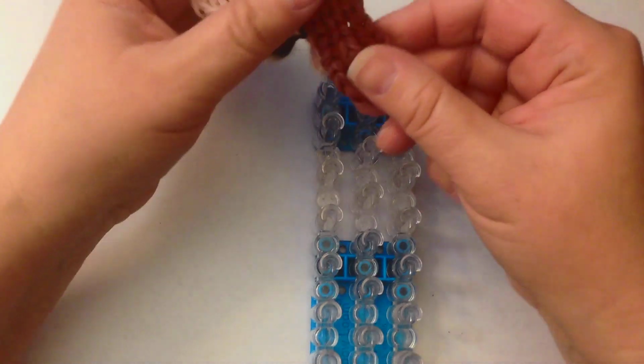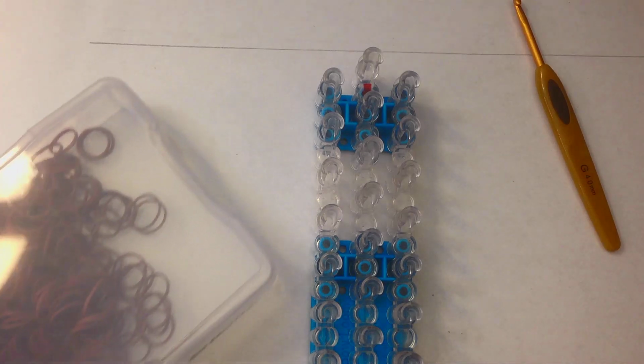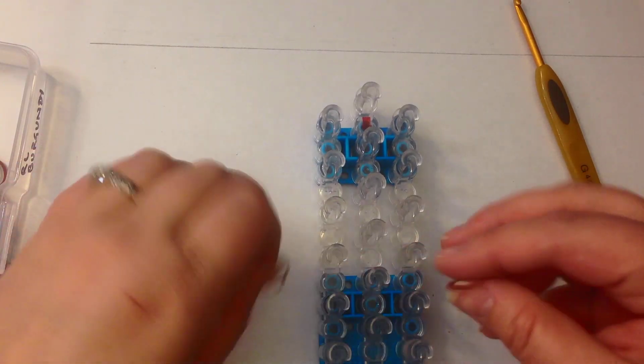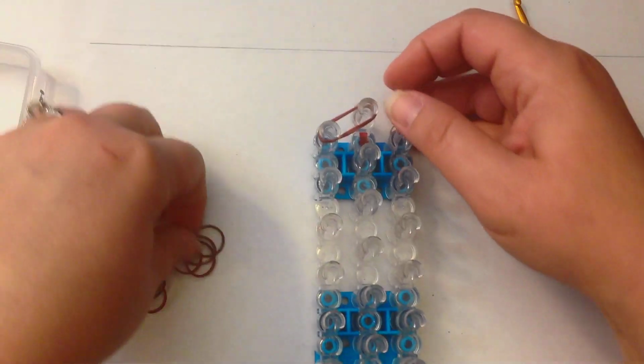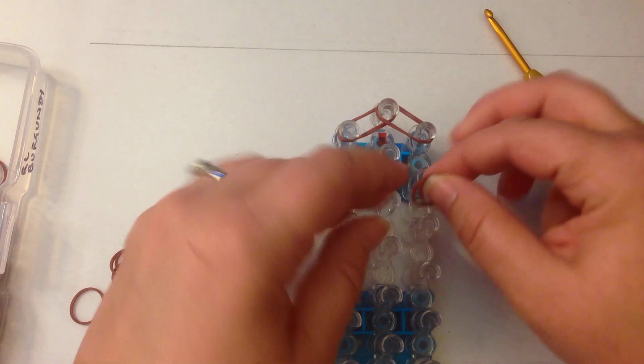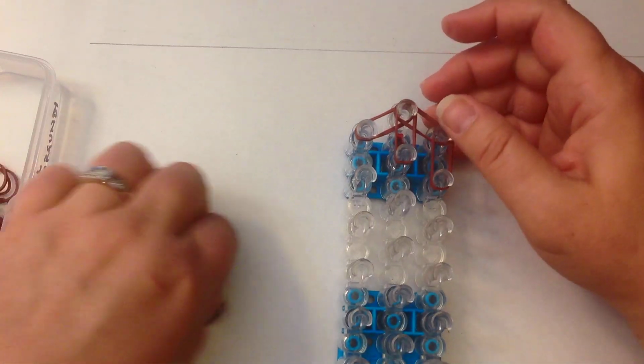Next, we're going to do her braid. Okay, I'm using Rainbow Loom Burgundy to do her hair, and I'm going to be double banding. And we're not going to do anything particularly fancy, but we're going to be going down